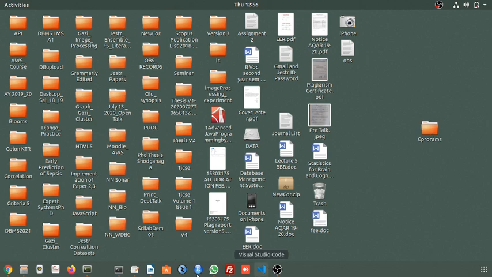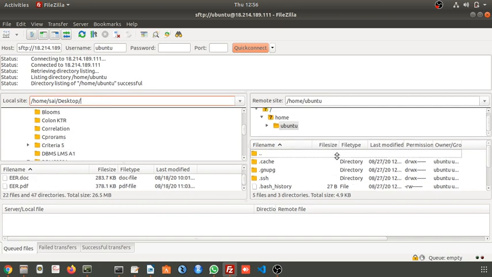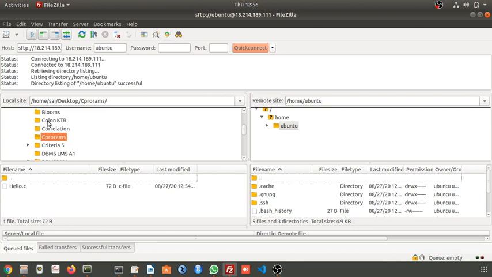Now I will copy this folder directly here. Just click enter. You can see this C programs folder. If you open it, you can see hello.c here. All directories and files come here, and you can copy and paste directly.